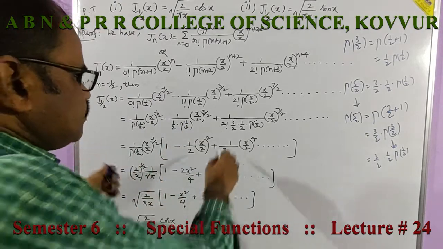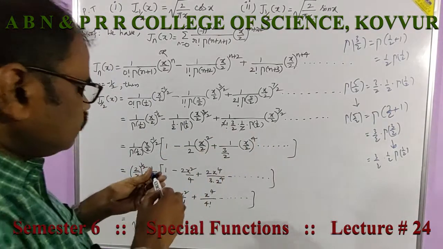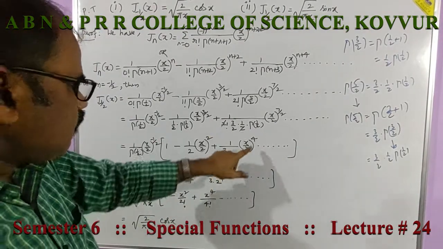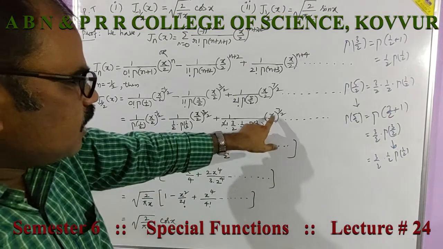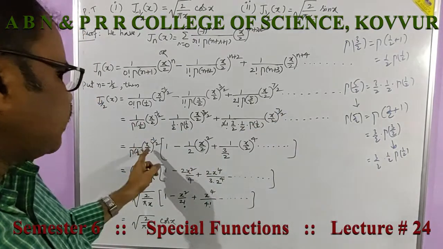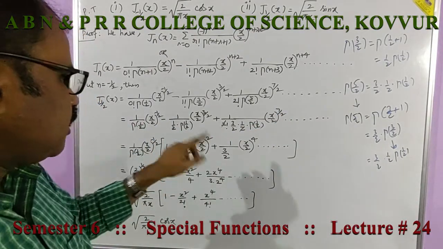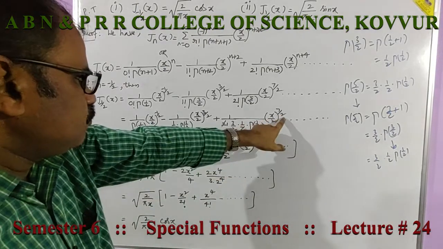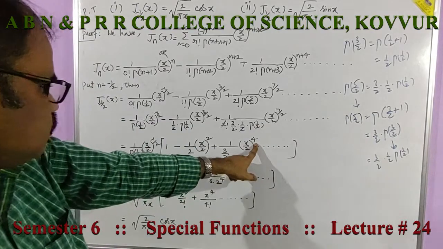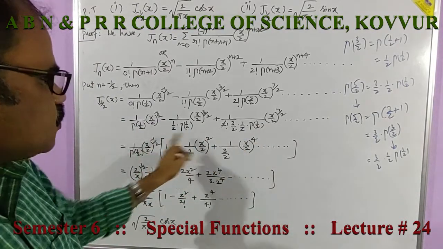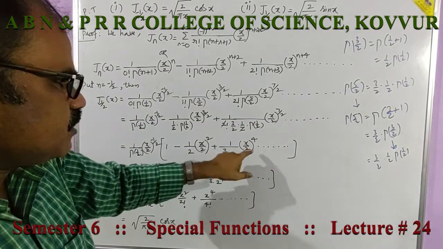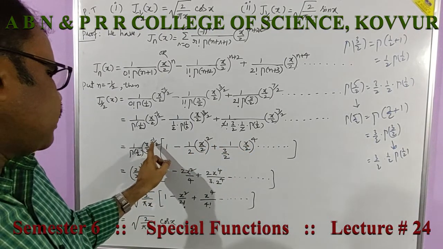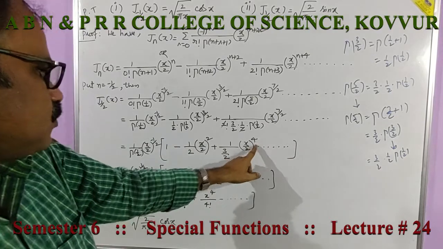factorial and 2 gets cancelled, 1 by 3 by 2, gamma 1 by 2 is gone, x by 2 power 7 by 2 into minus 1 by 2. So 7 by 2 minus 1 by 2, that should be we should get 3 by 2, therefore there you have to write 4 minus 1 by 2 is 7 by 2. That's why this is x by 2 power 4. So 4 minus 1 by 2 is 7 by 2, that is why this is 4.